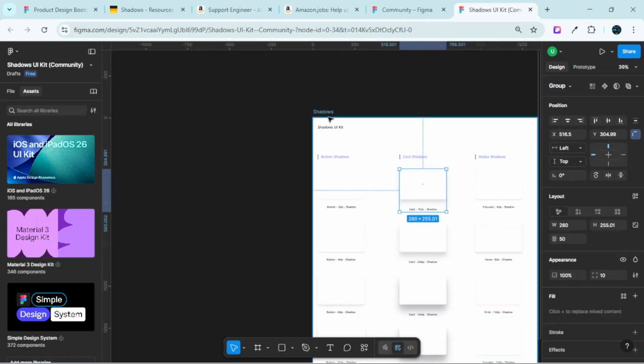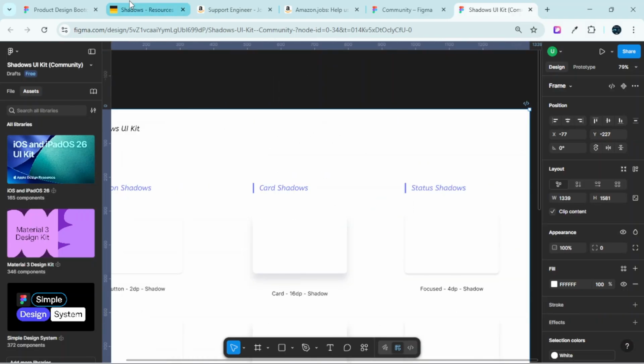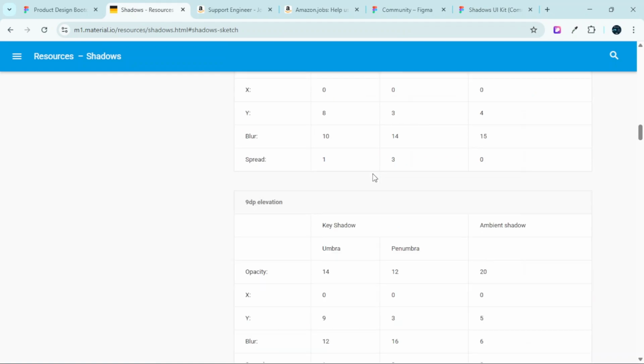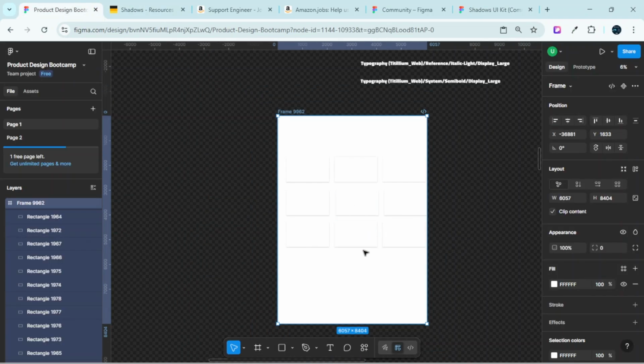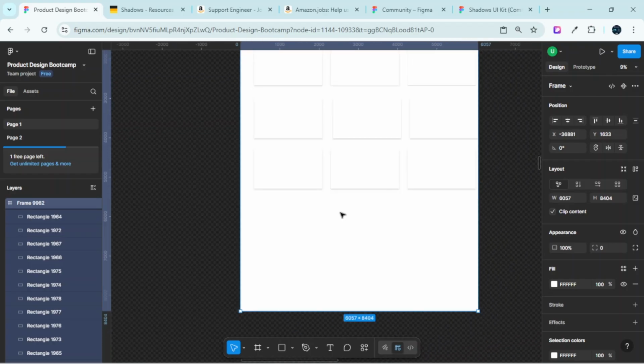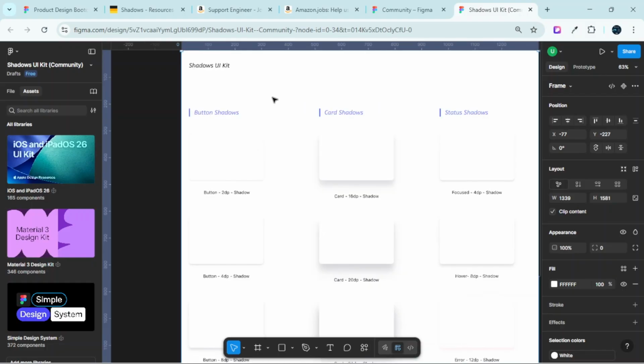Now this is a much easier way to create or work with a shadow system, all right, because if you decide to pick these values for material design, you're going to get a lot of shadows, but then you might have difficulty knowing which shadow effect you are going to apply to a button in its default state, or which shadow effect you are going to apply to a card in its default or over state. So the easiest way for you to do that is to work with a published shadow system,